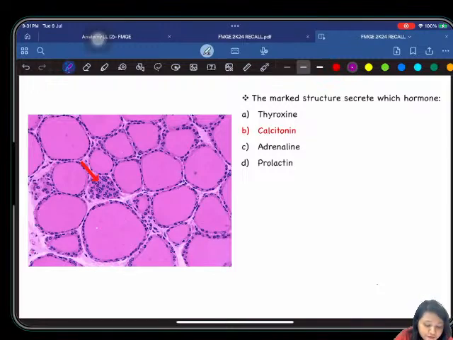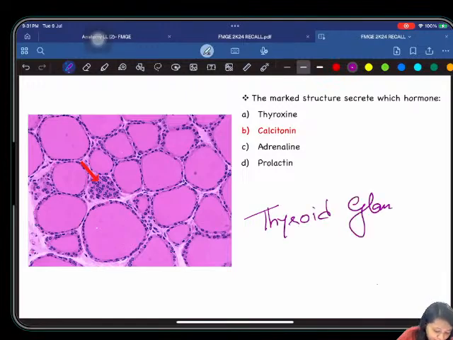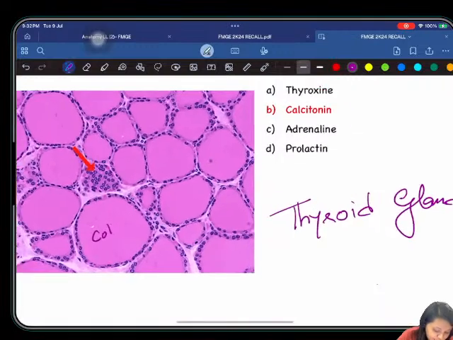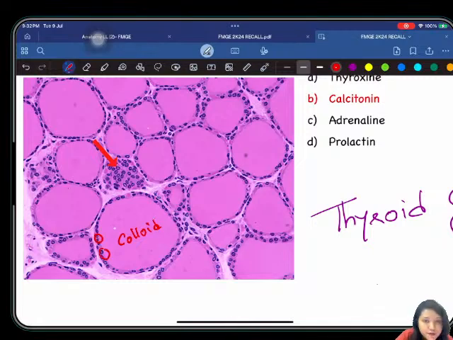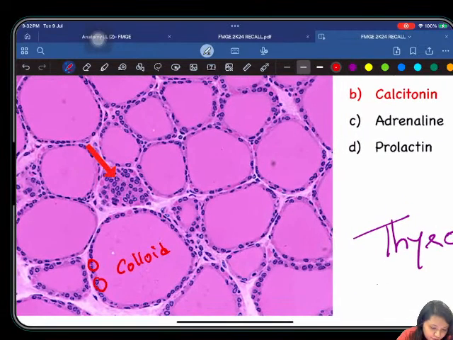Okay, so the marked structure secretes which hormone? First of all you have to identify the slide. This is a slide of your thyroid gland, and you have the colloid filled follicles here, as you can see. These are the colloid filled follicles, and these cells are the follicular cells lining the colloid filled follicles. And in between, in the connective tissue, this group of cells